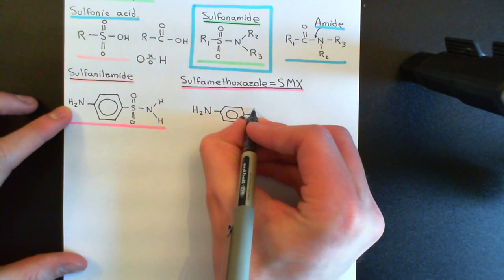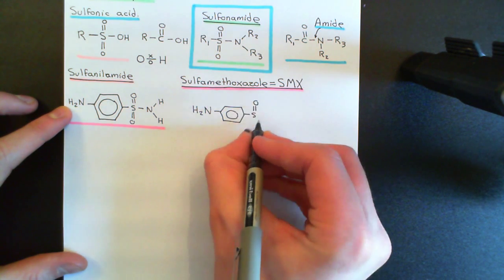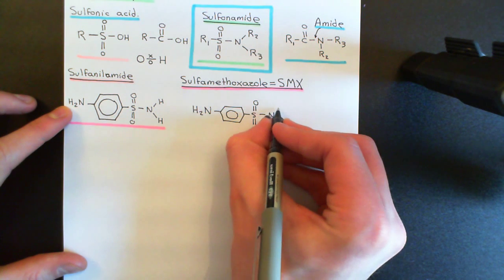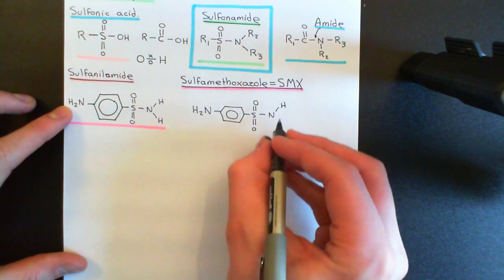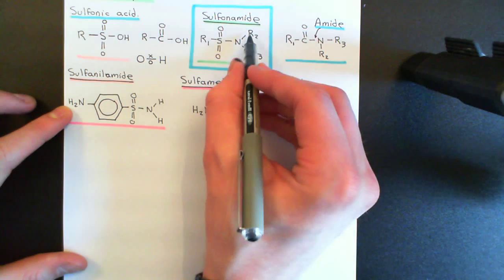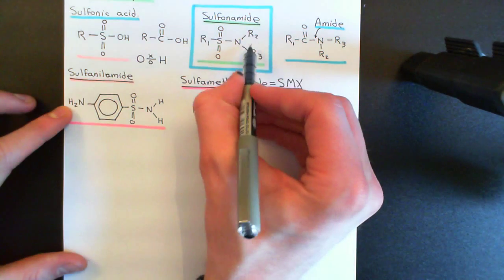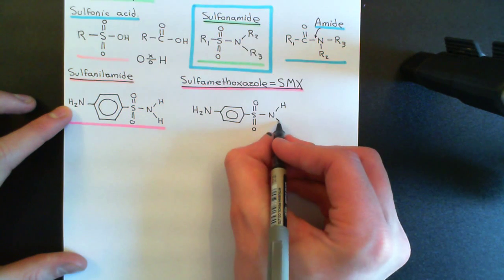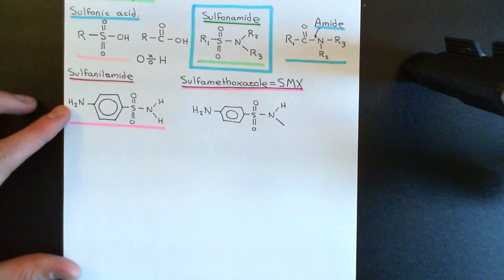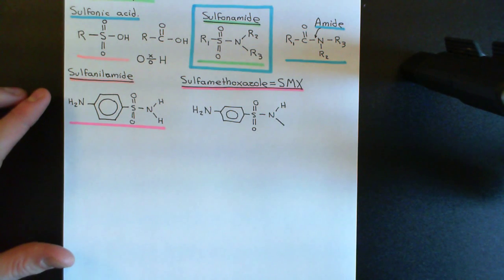And then we're going to have the sulfonamide functional group here, the sulfur double bonded to 2 oxygens, and then the amino group coming off here. And now we're going to make it more complicated because in one of these R positions here, it doesn't matter whether you want to see it as R2 or R3, we're going to now have a more complicated group coming off. So we've got one hydrogen, but now we're going to have a more complicated functional group coming off here,